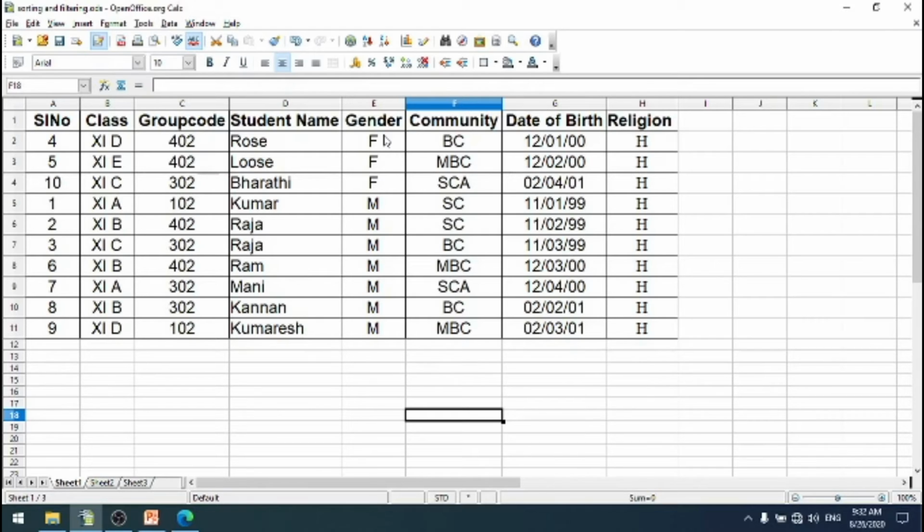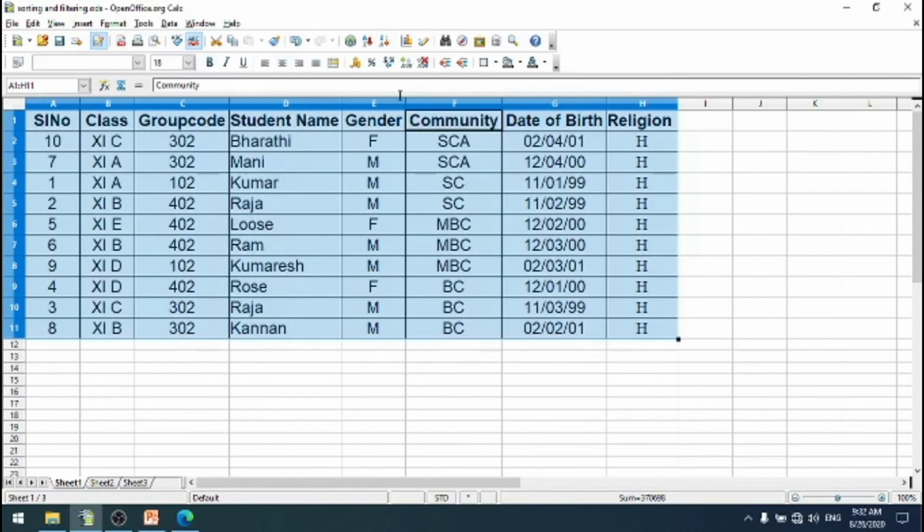In simple sorting, the data of the selected column and its corresponding values present in other columns are also arranged simultaneously. Suppose one column is arranged, then simultaneously the related data will also change. Understood? Suppose we want to do it in descending order: select the column heading, then click the sort descending tool on the toolbar. So the records are arranged in descending order.